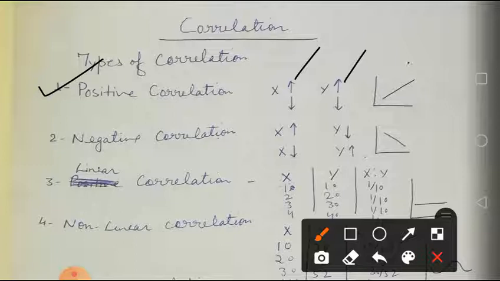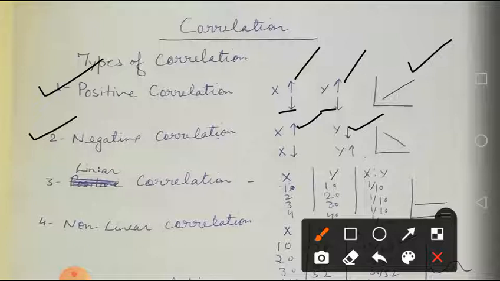You can see in this diagram, the slope of this type of correlation is upward sloping. It is represented by the upward sloping line, and if the value of one variable is decreasing, then the value of another variable will also decrease. This is called the positive correlation. The second one is the negative correlation. Under the negative correlation, when the value of one variable is increasing, then as a result, the value of another variable decreases. This is your negative correlation.